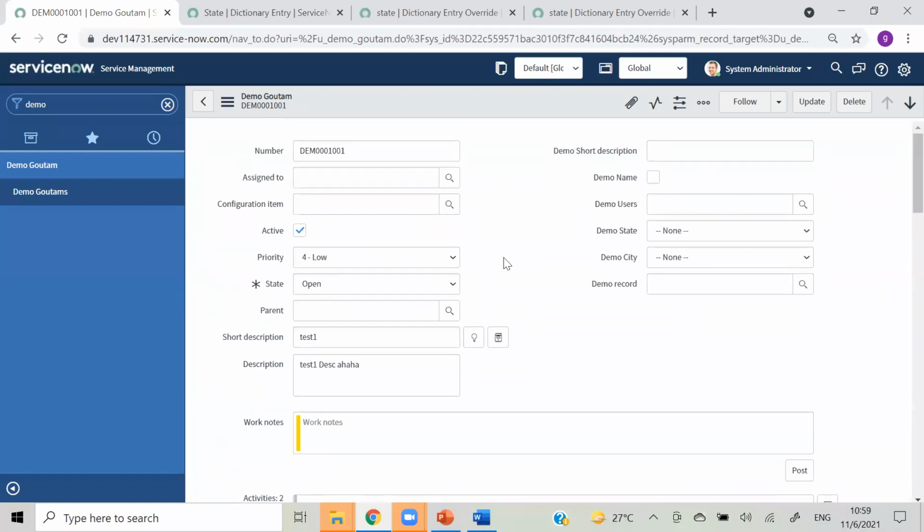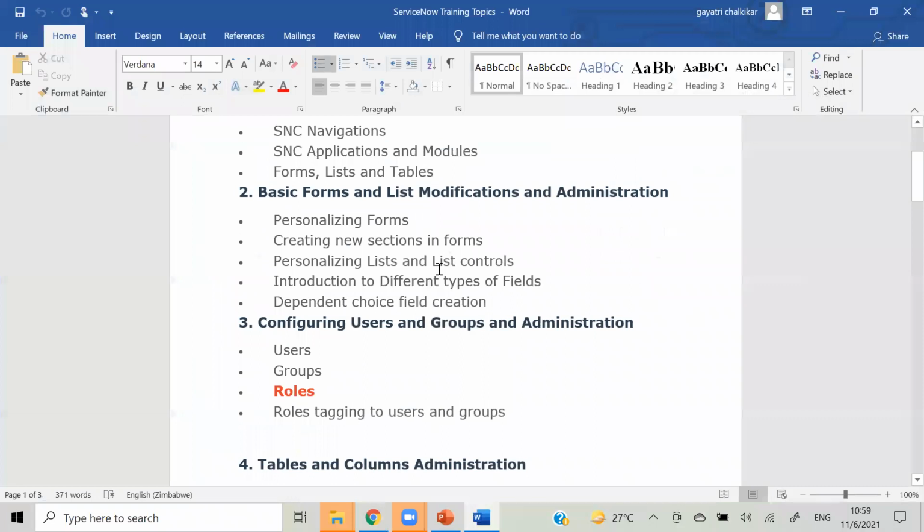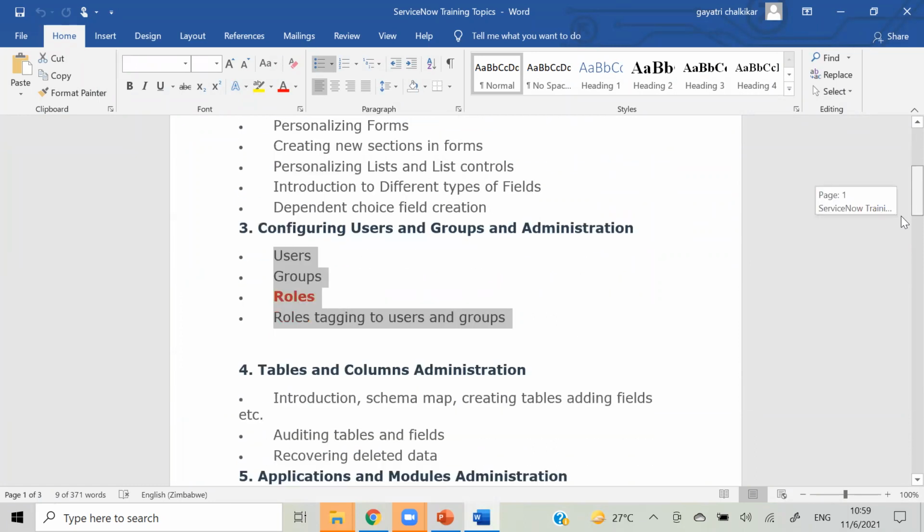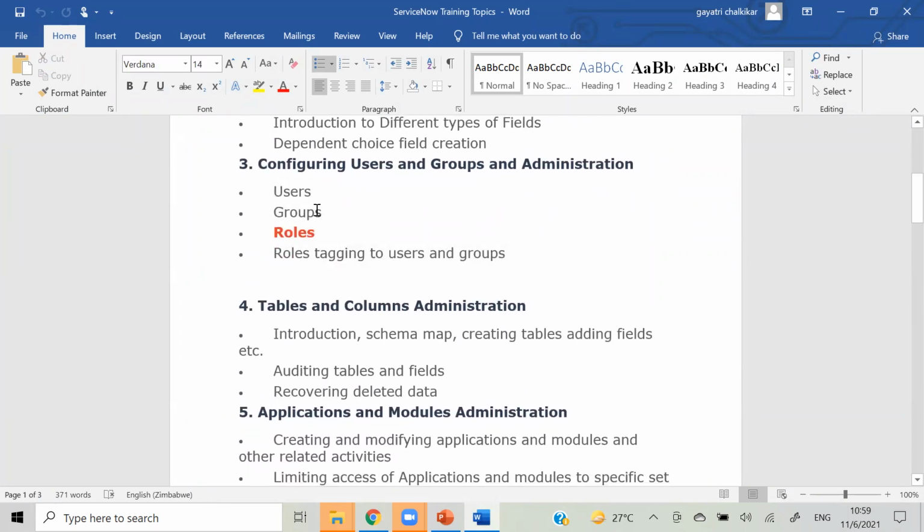Clear? Yes. So okay, we are done with this, and in tomorrow's session I will cover simple topics like what is a role, what is a group, what are users, and assigning roles to users and groups. And after that we will check what are update sets. We will cover that in tomorrow's call, as tomorrow is Saturday. If it is not possible in 1 hour, we will take 1.5 hours, but we will cover all the configuration part tomorrow. And from Monday we will directly go to the scripting part. Okay.